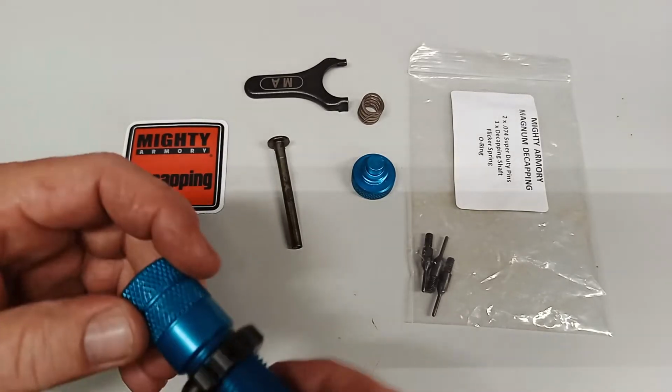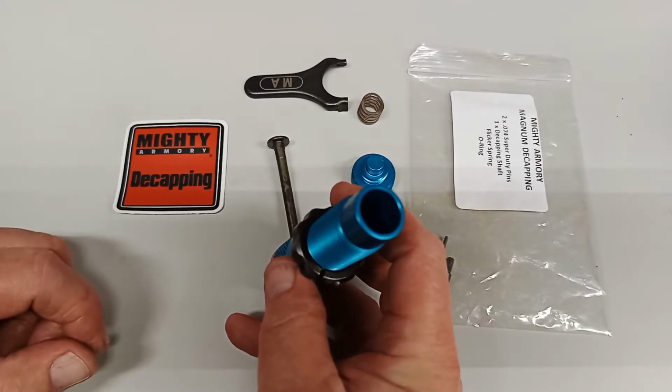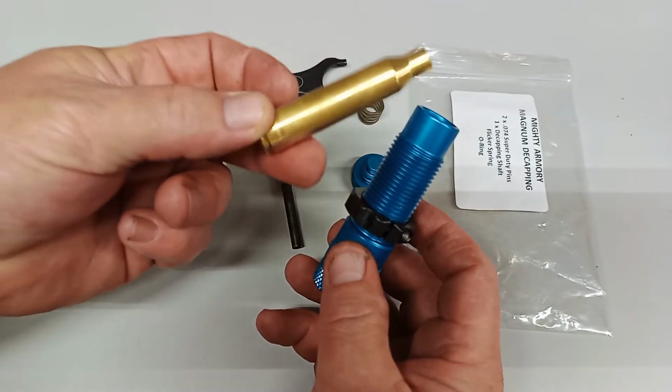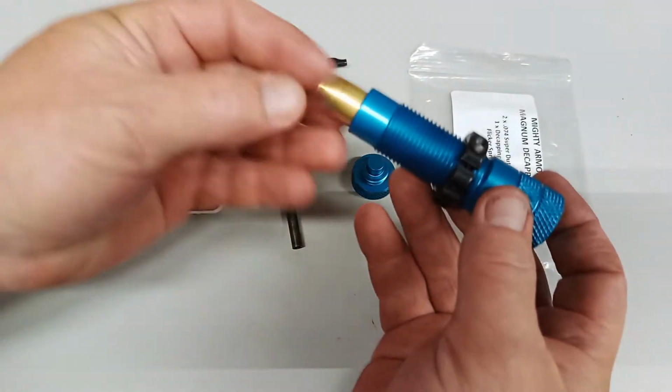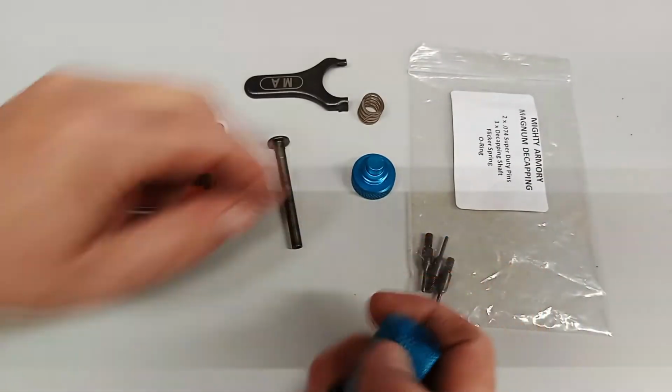So the way this thing works and what's great about it is it'll do anything from .380, .25 ACP, all the way up to the largest, .338 Lapua Magnum, which is as big as I have, but it'll decap anything you want to throw at it, I think. So the way this thing works,